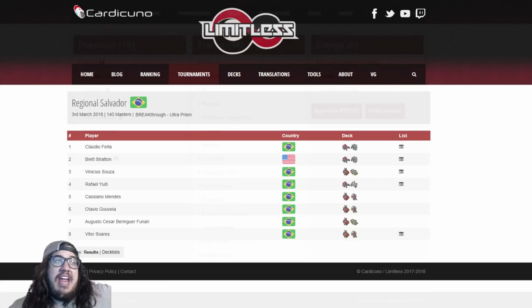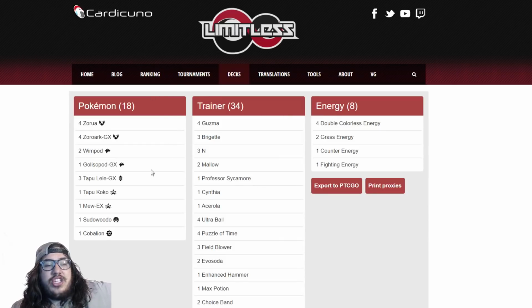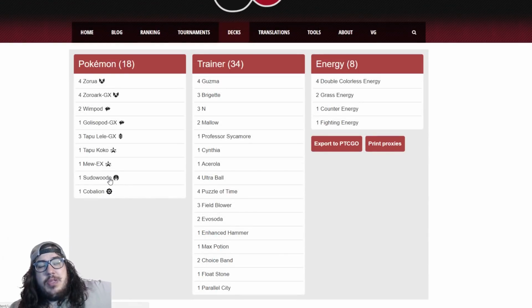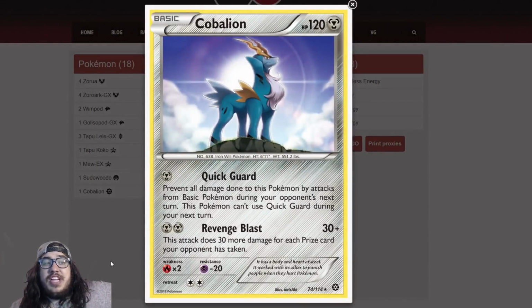But also, in first place, that was actually Brett from America. Look at that, USA making second place in Brazil. But we will see that Claudio would actually get first. Now, we actually see them playing one Counter Energy and one Fighting Energy, but only two Grass, playing one Sudowoodo, one Cobalion. Kind of the same thing: I have this Sudowoodo here to beat you in the mirror match, and I have the Cobalion as well, which has Revenge Blast, 30. It does 30 damage for each Prize card your opponent has taken. So once they take 5, you could do